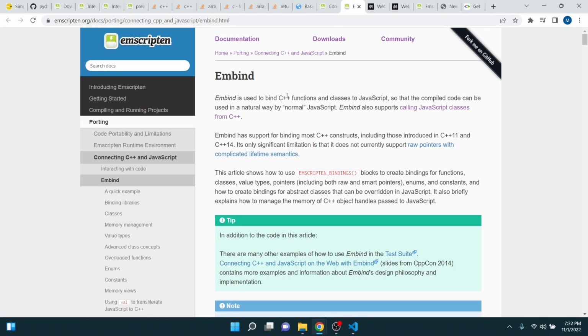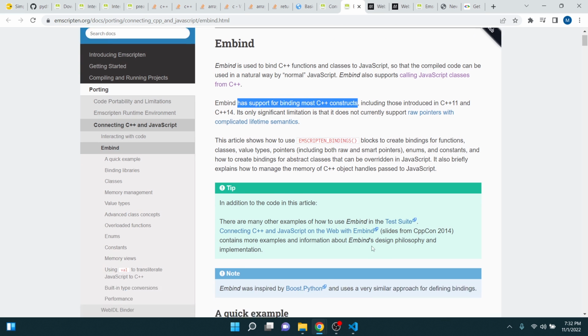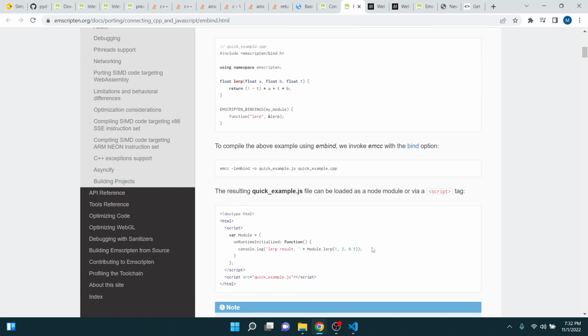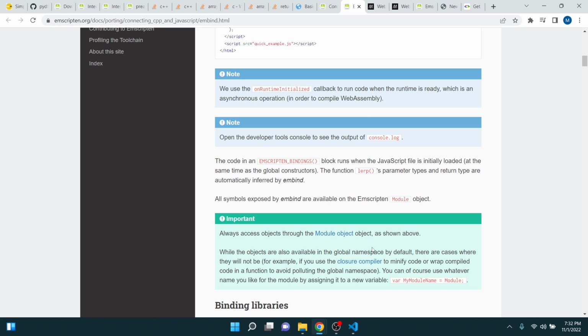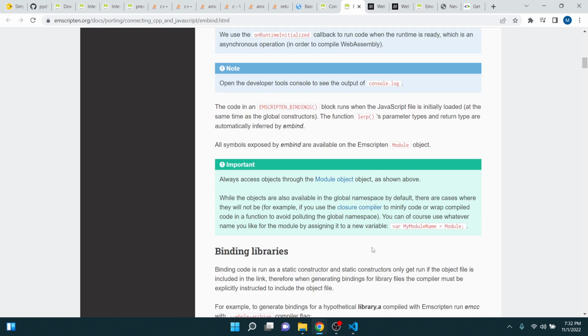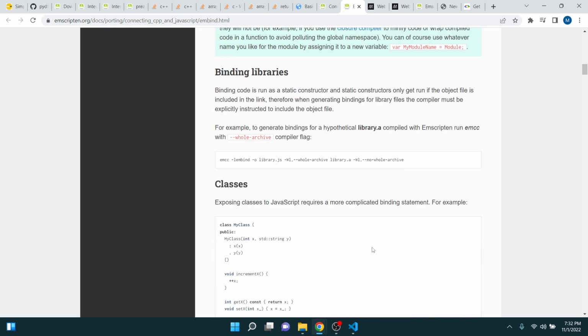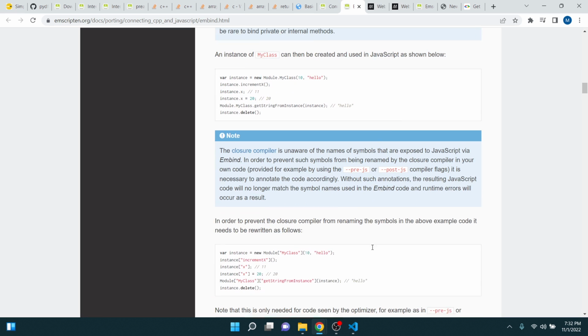What's this Embind? This might help as well. I think what this will actually help do as well is I could use standard string instead of the C strings. Alright, well,